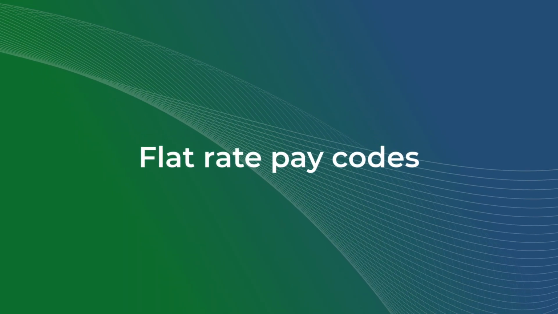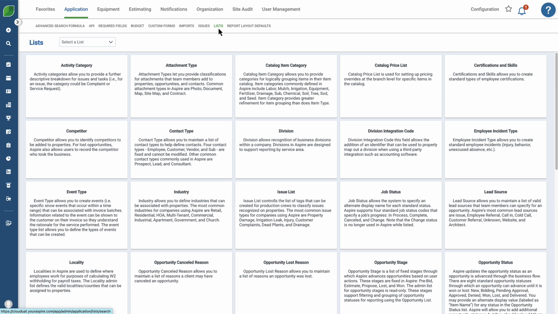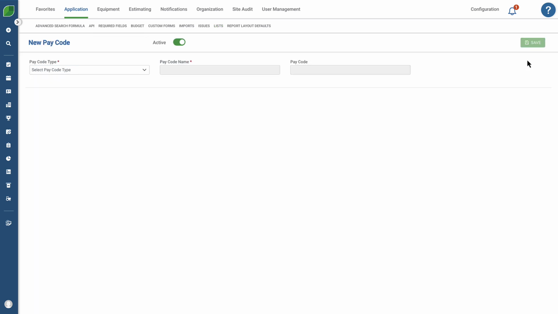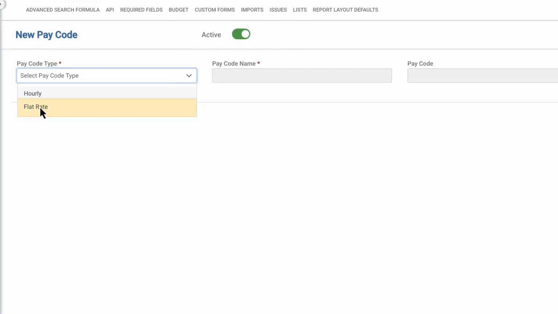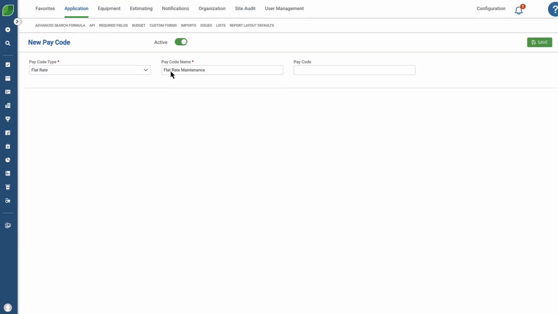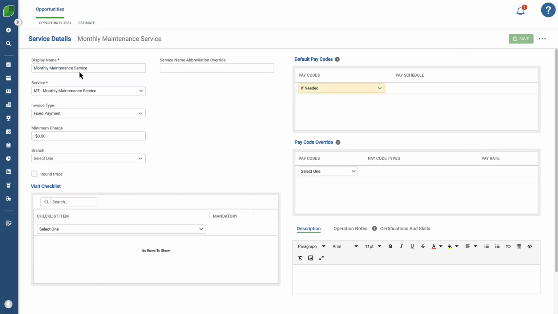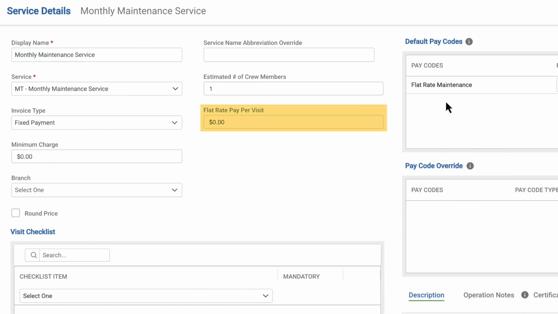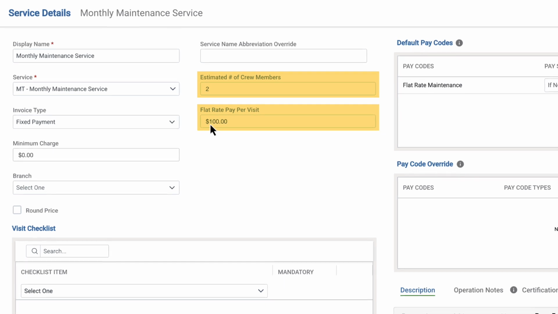Next, you can create and apply flat rate pay codes to services. In Admin, Application Lists, select Pay Codes. When you add a new pay code, you'll see the new pay code type. When you add the pay code to a service, you'll see the option to enter the flat rate pay per visit. The amount you enter will be multiplied by the number of crew members. So if there are 2 crew members with a flat rate of $100 per visit, the total cost will be